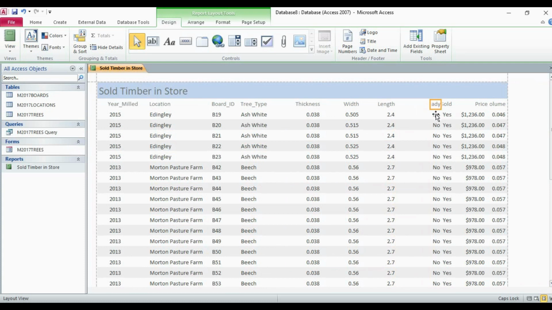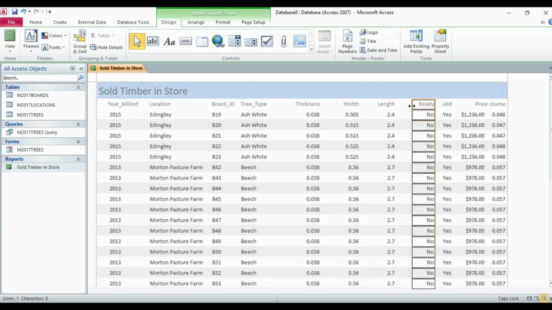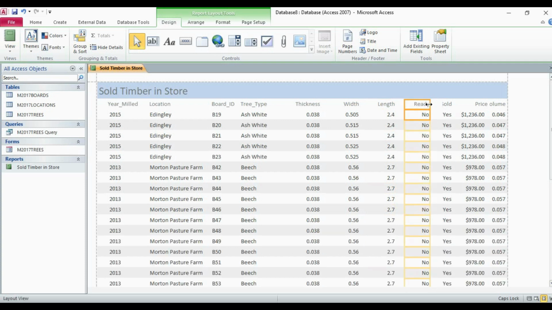Now we simply drag it and move it here. Drag it, sold. We can shift it here.